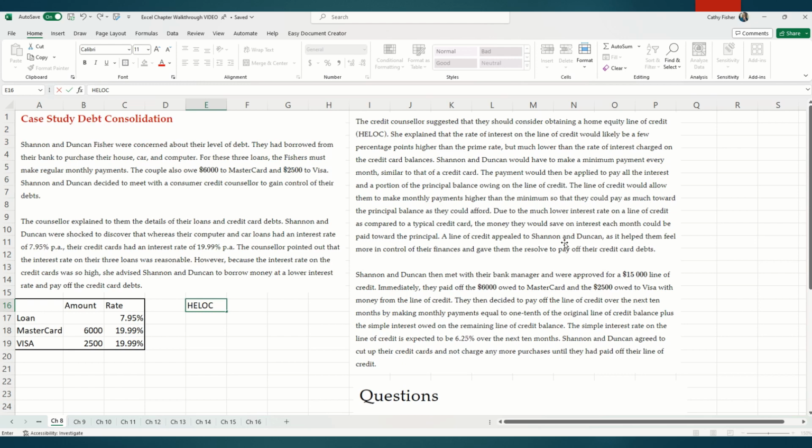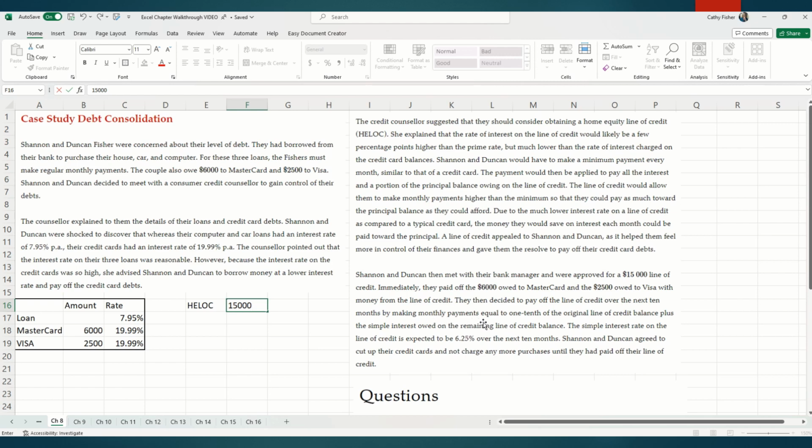A line of credit appealed to them, and it helped them feel more in control of their finances and gave them the resolve to pay off their credit card debts. So they met with their bank manager. They were approved for a $15,000 line of credit. So let's give them a $15,000 line of credit. Immediately, they paid off the $6,000 owed on the MasterCard and the $2,500 that they owed on their Visa with their line of credit. They then decided to pay off the line of credit over the next 10 months